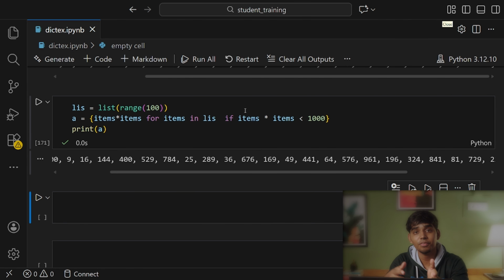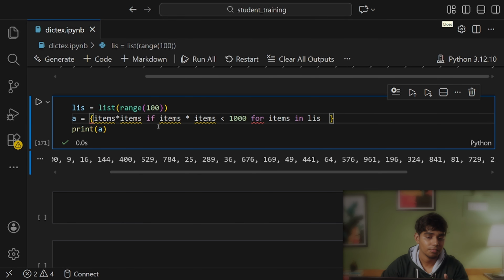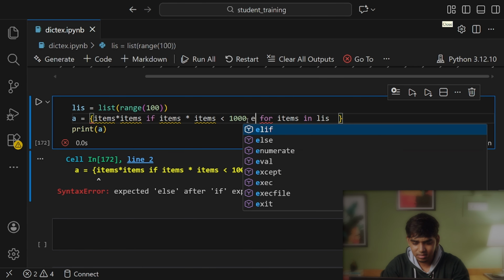Now this is just an if condition. What if I have an if and else condition? If I have an else condition also, I'll cut this with Control X and paste it with Control V. If you have only an if condition, don't keep it at the center, because this gives a syntax error. You can see it already says expected else after if expression, because if you keep the if condition at the center, then your set comprehension expects an else condition also. So you have to make sure you have an else condition. So here in else I'm saying